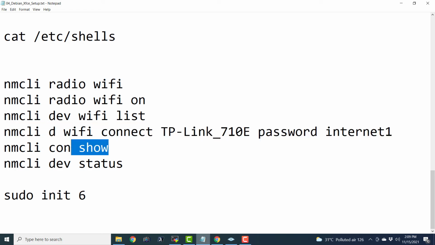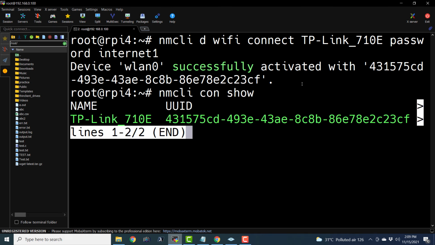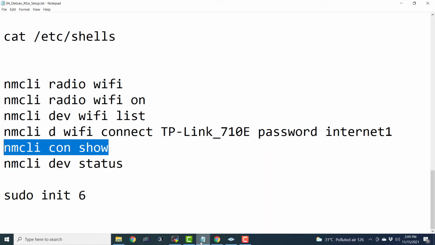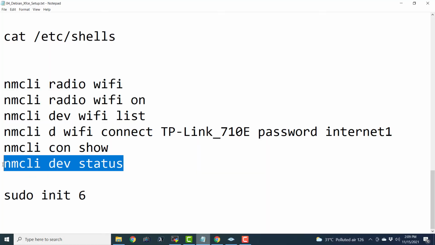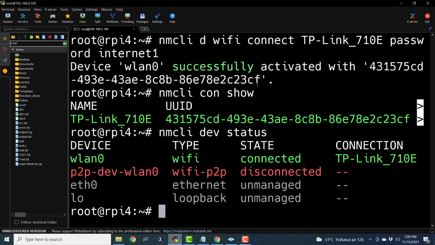Now, if we want to see, then we can just say nmcli conn show. Enter. So this is the Wi-Fi network that we are connected to, and we can even check the status with this command. Okay, so here we have the status of all of our networking devices.